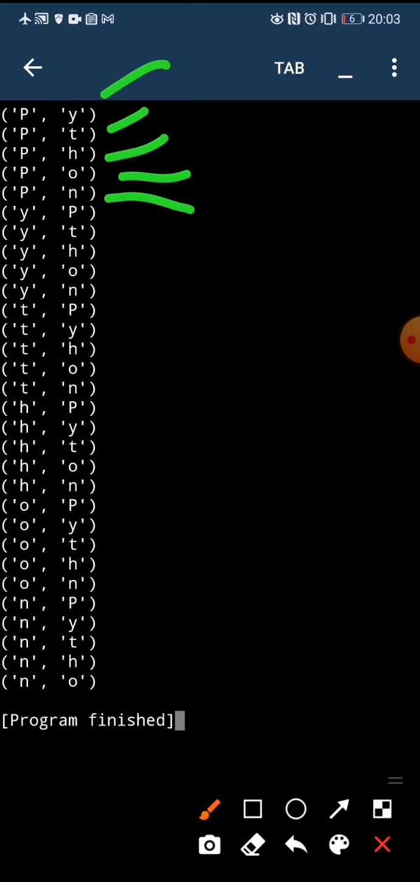In the permutations operation, the order of the sequence is relevant. Okay, if it's relevant, observe this. OP, independent of the order, is not the same as PO. Okay,